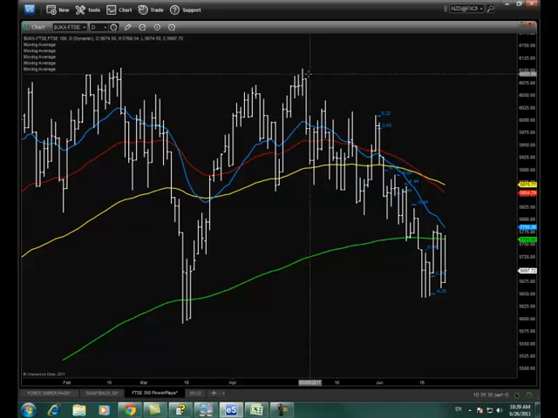I'm never going to try and sell that because I don't know that it's the top. But when I get the lower high, I can then really consider selling it because I've got that confirmation. Remember, it's really important to have those confirmations, not just on one time frame, but on multiple time frames. So I'm not just going off of a daily lower high. I'm going off of a weekly lower high,